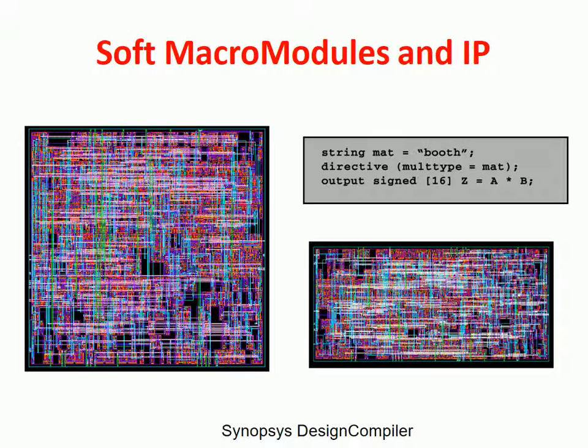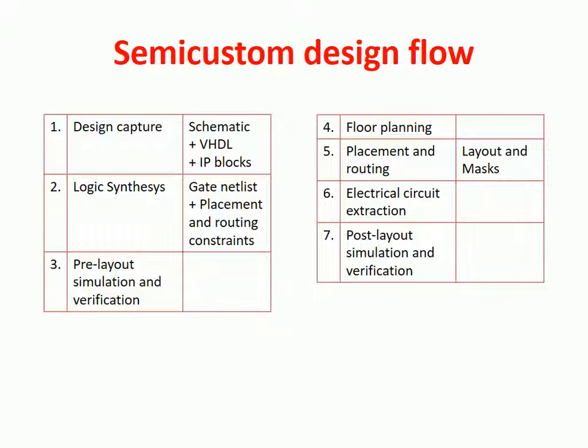And then with soft macro modules or IP, basically you have a piece of code which is a gate netlist, a list of all the gates and the interconnections that make the soft macro cells, and then all the rest in terms of choice of standard cells and of placement and routing has to be done in the design process flow. Okay, so just to summarize